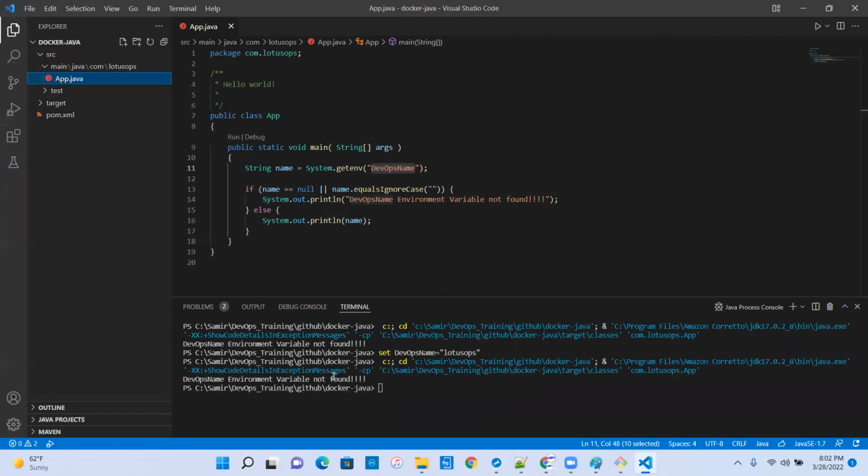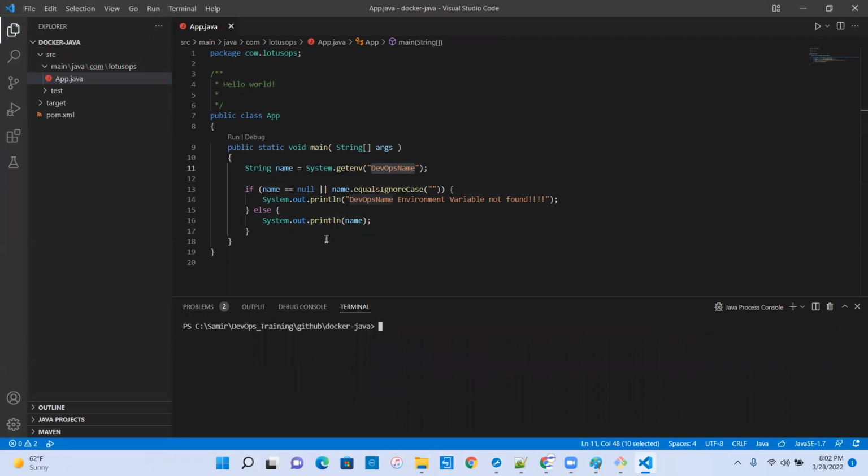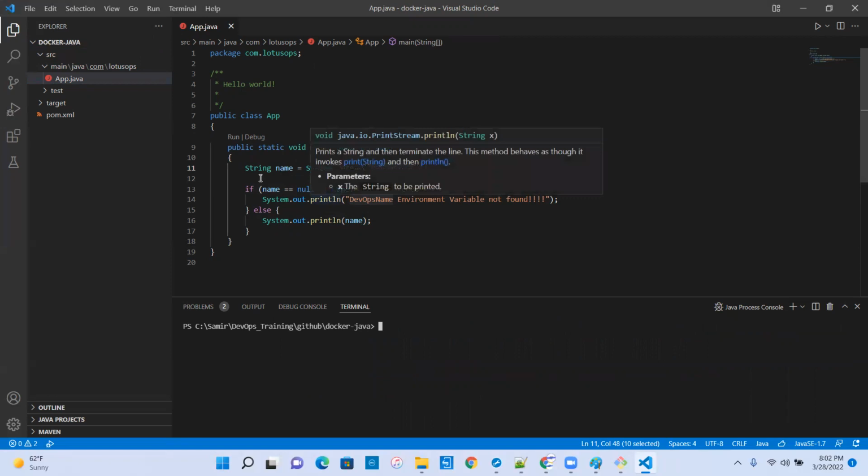Yeah, it's not going to recognize this unless and until I do a setx. But this is good enough for us to dockerize this and pass an environment variable and then execute this